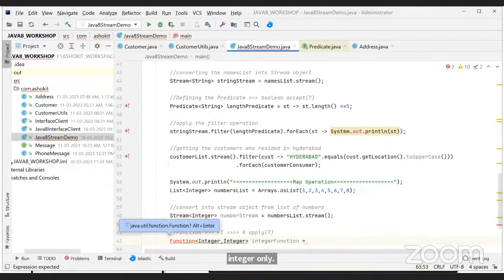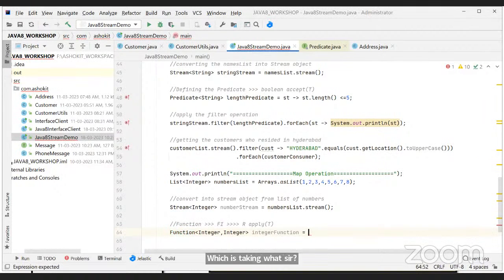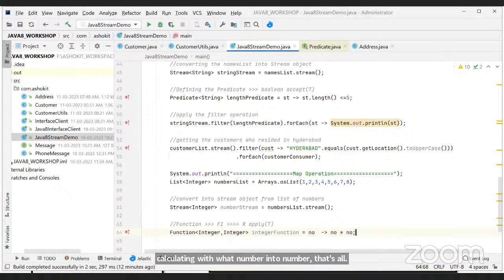This is the integer function, which takes some number and calculates number into number. Understood? I can pass this function to the map method.